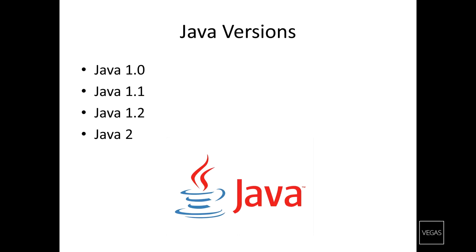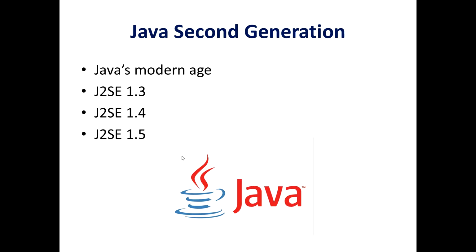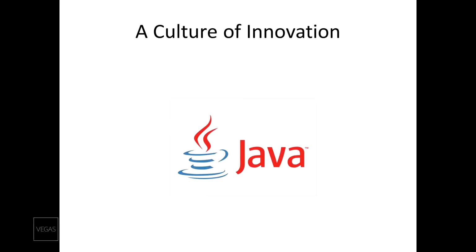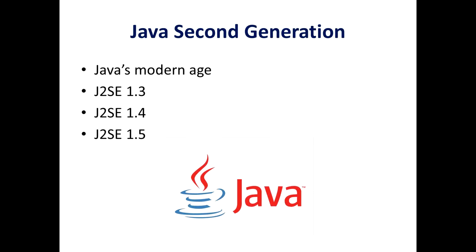Oracle bought it from Sun Microsystems, and Java's modern age, and J2SE 1.3, 1.4, 1.5, that is the Java second generation, and some major features. And yeah, so let's begin with the